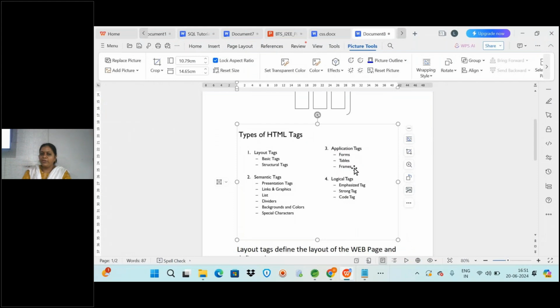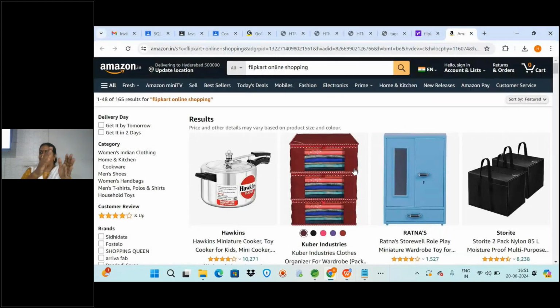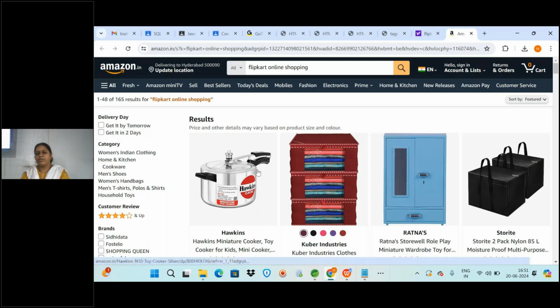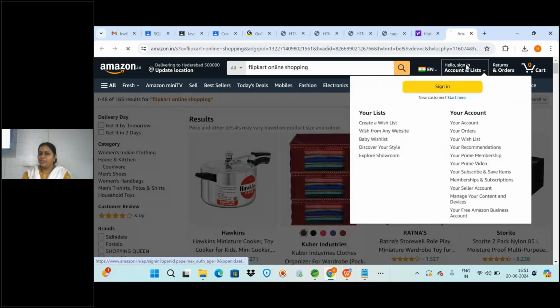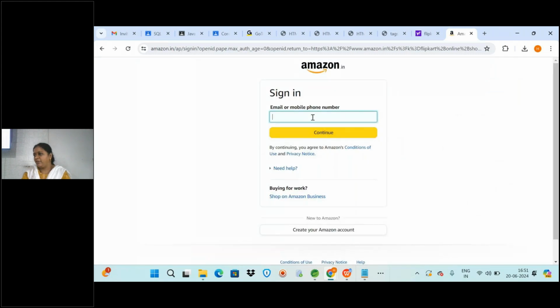Here in this frame you will be giving a link for one HTML page, and here you will be giving a link for another HTML page, and you will run the file, so it will display all the data together. Okay, and forms, when you are clicking the login sign in button, here you will be getting it, right, and all these you will be developing with the form tag.